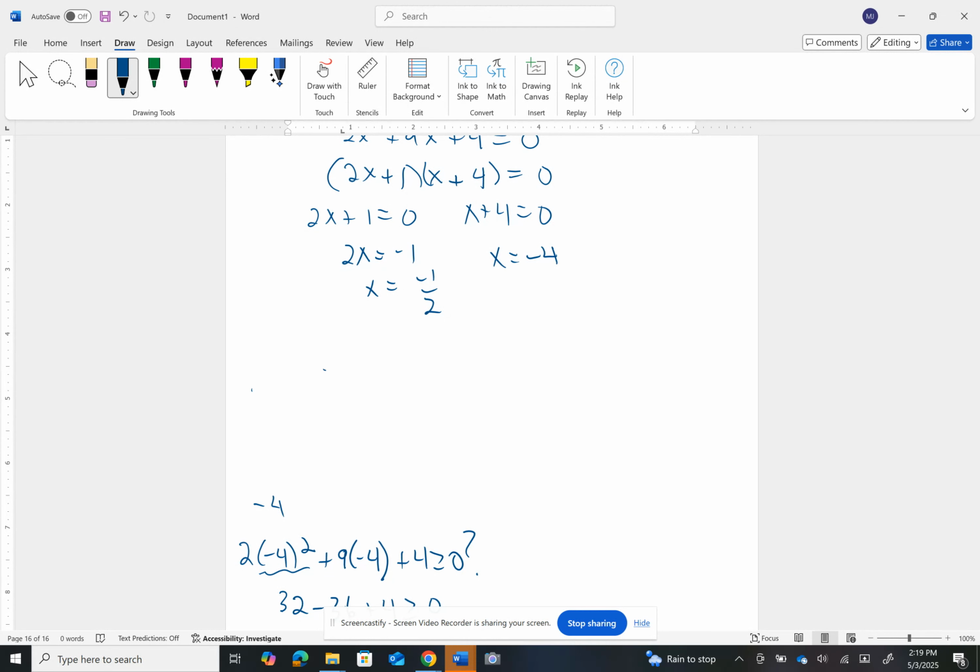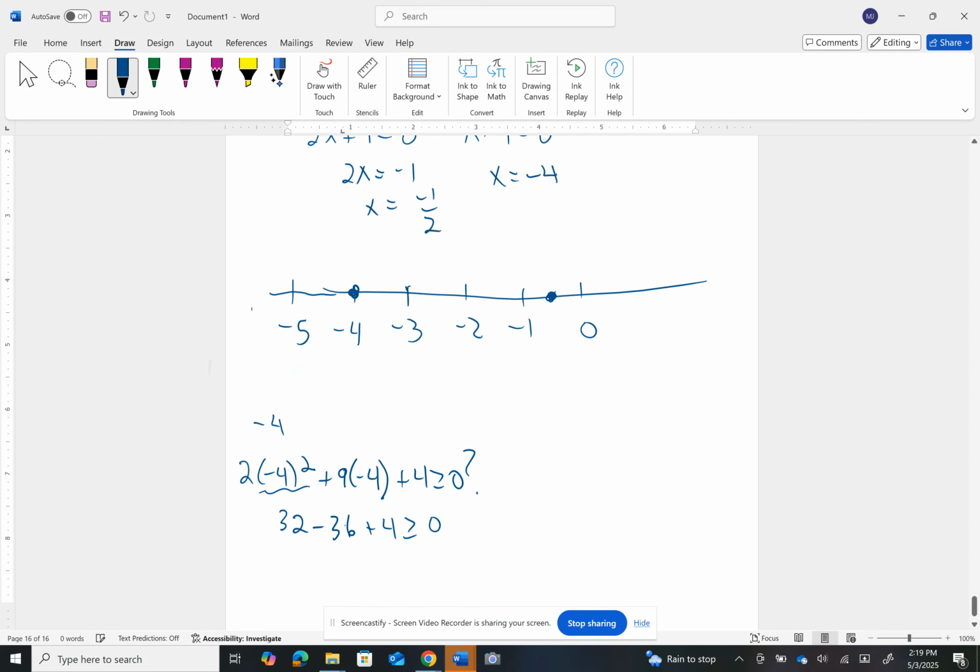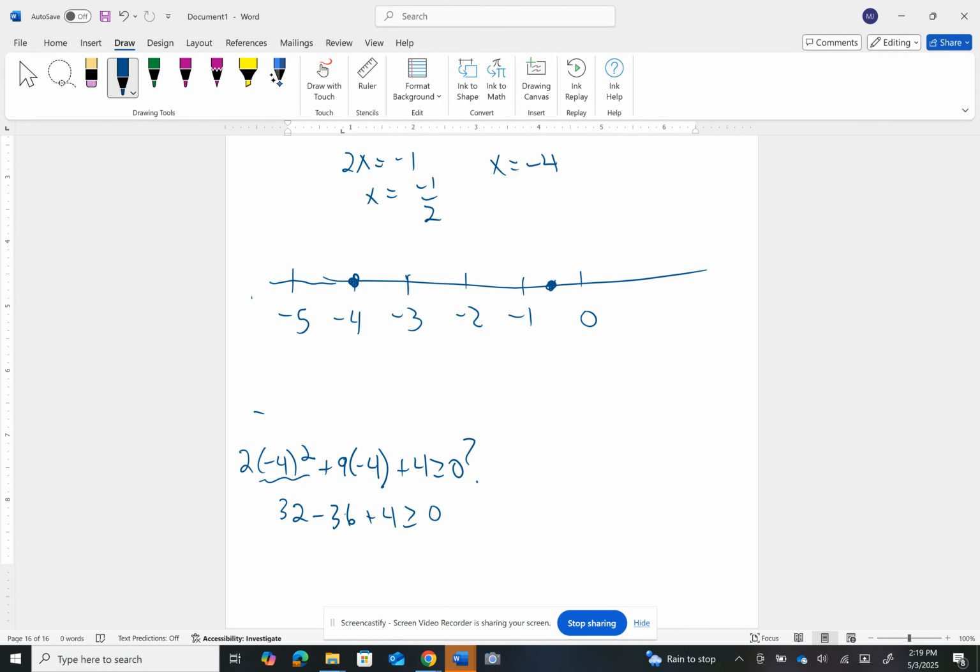All right, so the two solutions to the equation were negative 4 and negative 1/2, and because of the or equal to, those are part of the solution. So really I need to test something outside of those. So not the negative 4, I'm going to test a negative 5. All right, so if I put in a negative 5 everywhere,